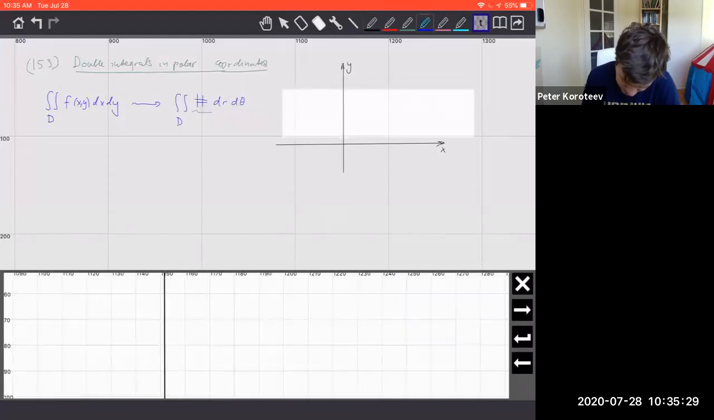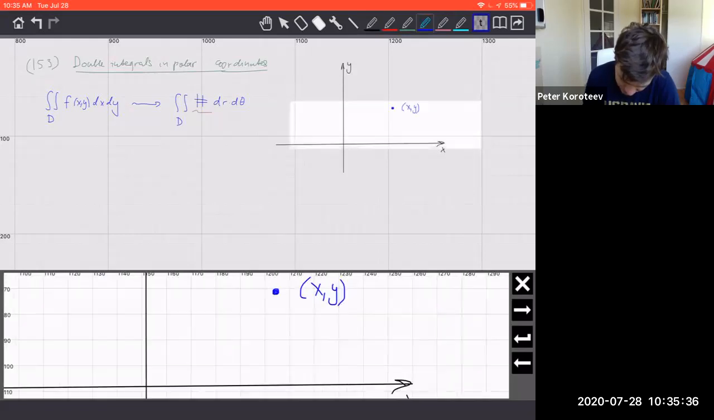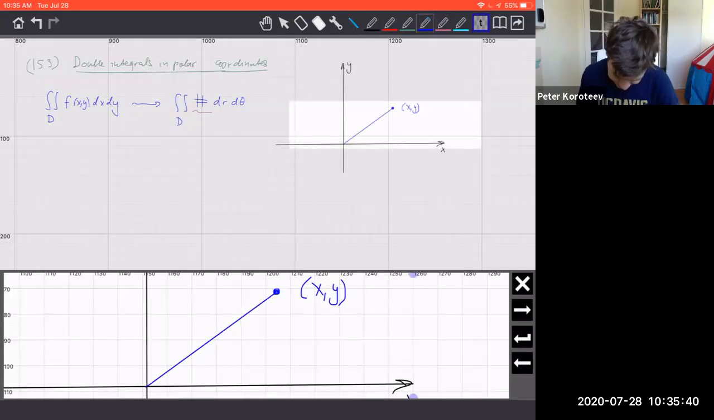That is a point in polar coordinates, right? So a point has two equivalent descriptions, either in terms of Cartesian coordinates or in terms of polar coordinates. And so if you have a point (x, y)